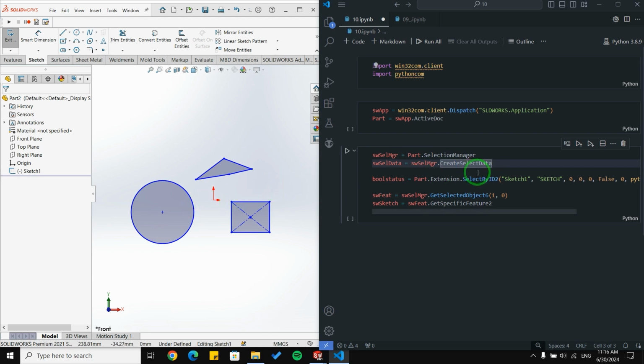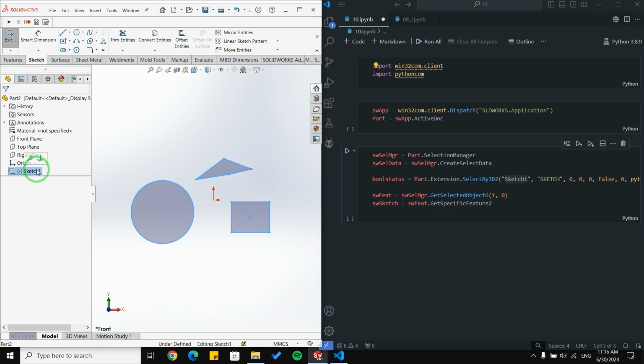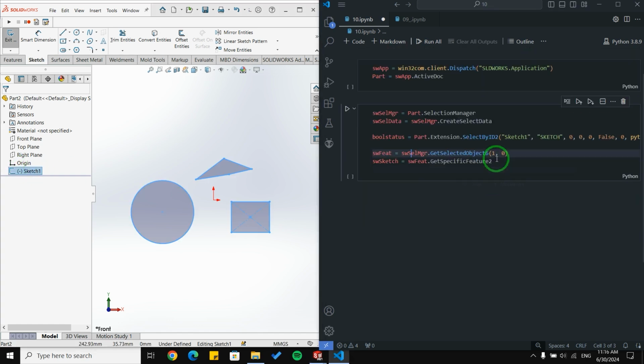I'm going to select a specific sketch here. We have Sketch1 here and here. For the rest, we are going to use GetSelectObject6 and GetSpecificFeature2. I explained these two lines in the previous video. You can go to the previous video and watch the explanation there.